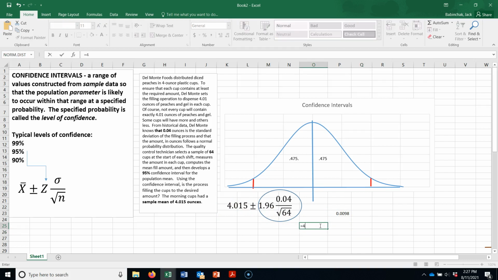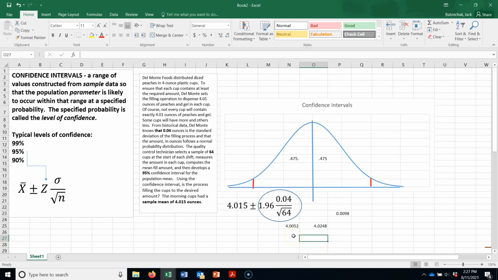So 4.015 plus 0.0098 is that, and 4.015 minus 0.0098 is that. And I should have done that one. If I want to put that one over here so it makes a little more sense. Okay, so